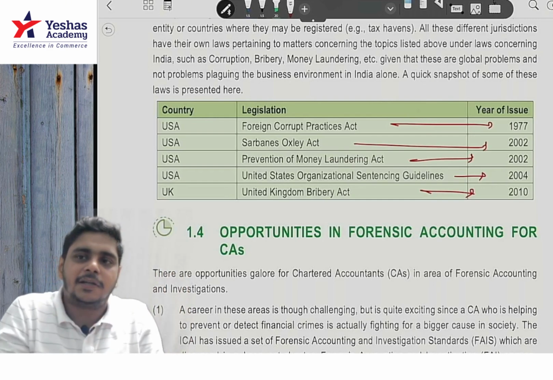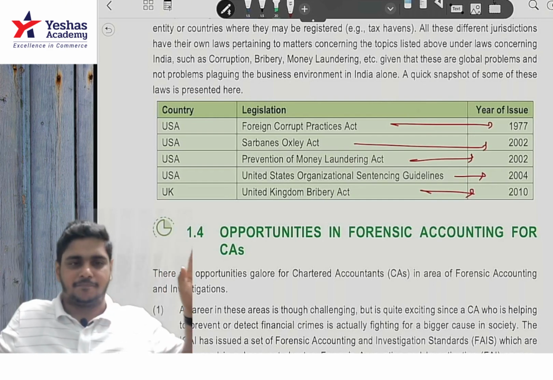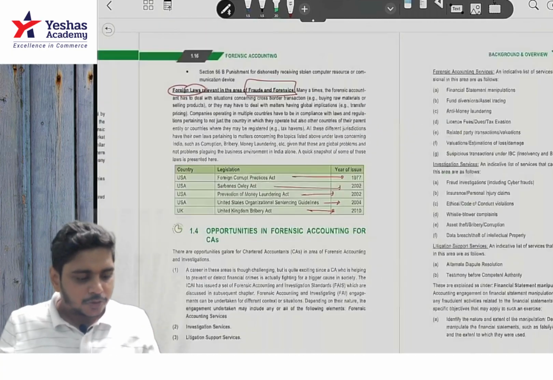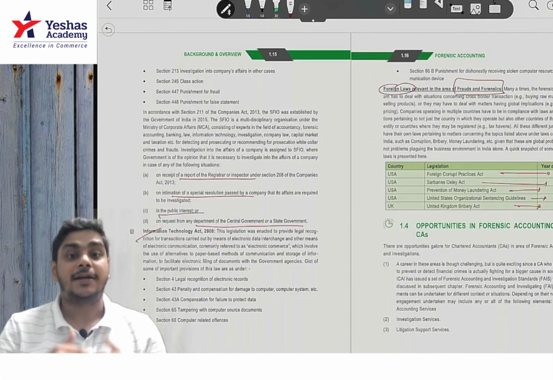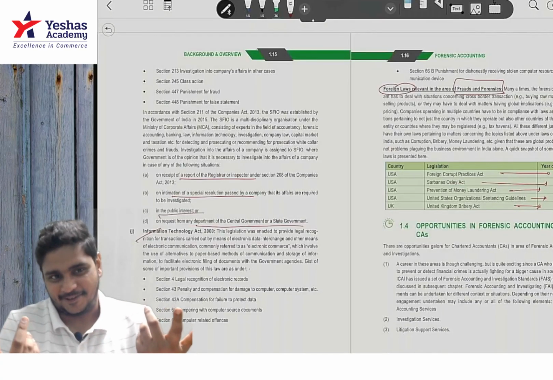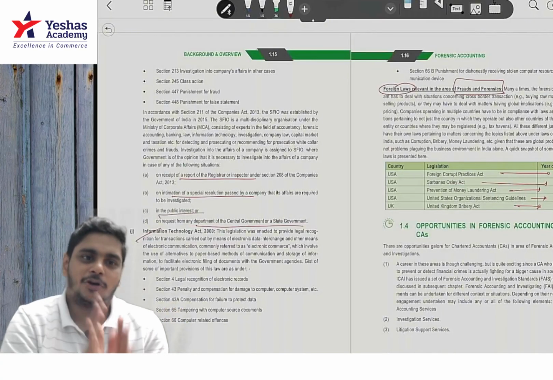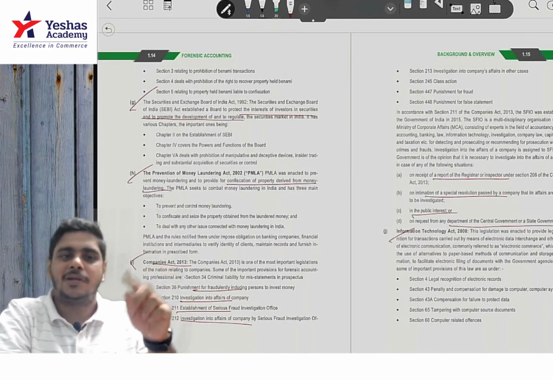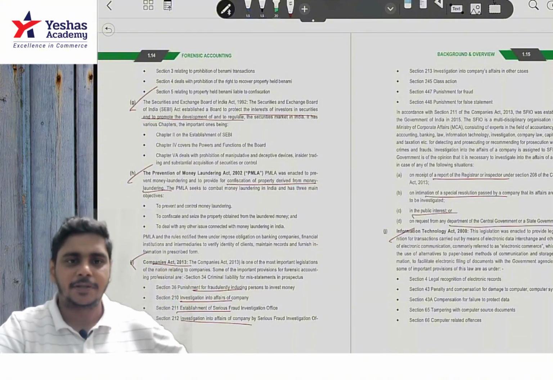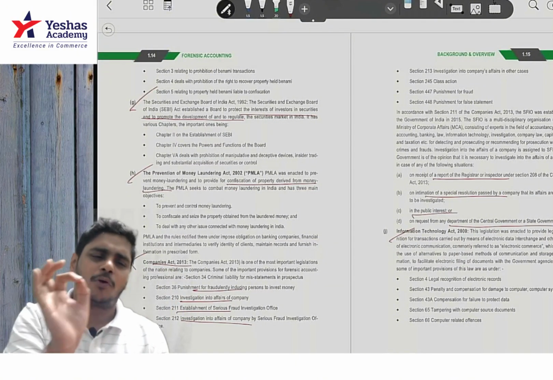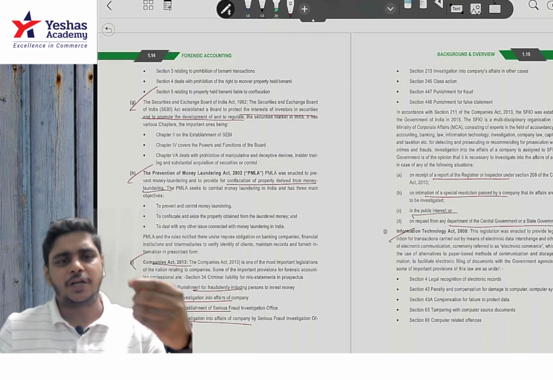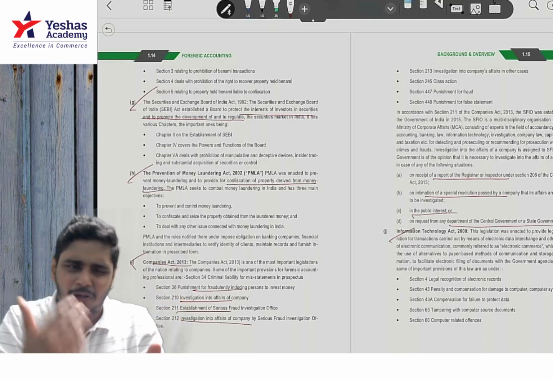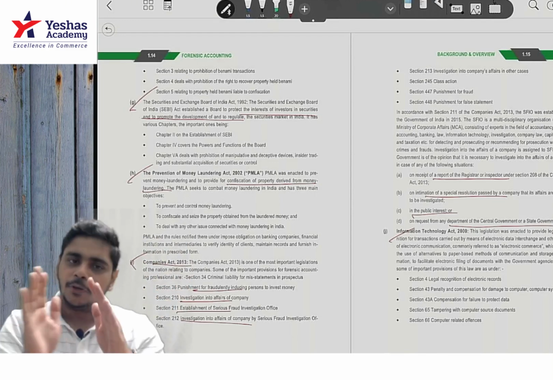See, initially, for 3-4 attempts the paper would be very easy. They will ask you only from the module content. You just have to remember it. Understood? So this was our first class. Okay, class 1. I know the class was the first class. Okay, so we will stop here. I hope you understood the content, how to study, what to study, how much to study. So like this we'll be doing it for all the chapters. Once the chapter gets over, we'll be writing important points on one paper. Those will be like 10-12 sheets. So before you appear for your MCQ based exam, you just recall those sheets and go and give your exam. We'll be doing it from the module only.